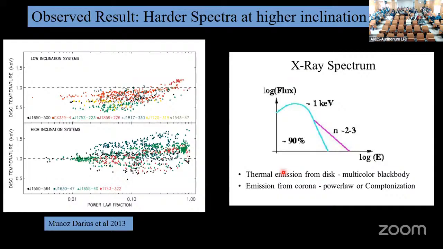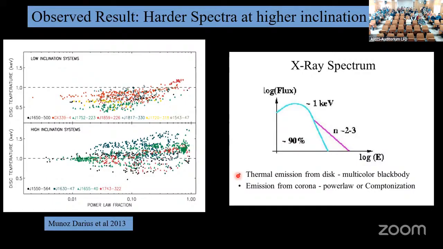Now, what happens to the other parts of observation? If you change the inclination, what is inclination? Suppose we have a plate and you are looking from the top, that is zero inclination. And if you are looking at this edge on, your inclination is 90 degrees. So if you increase the inclination, you can see that in this particular image, low inclination systems have a less